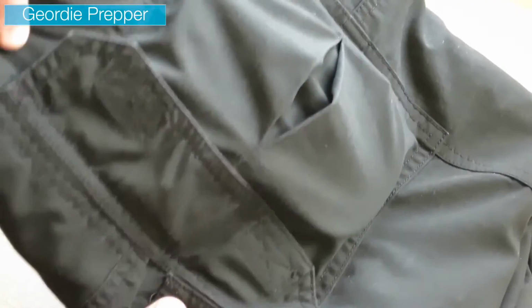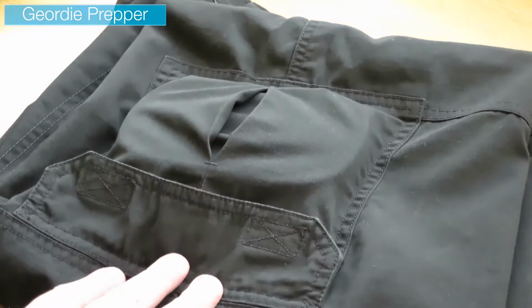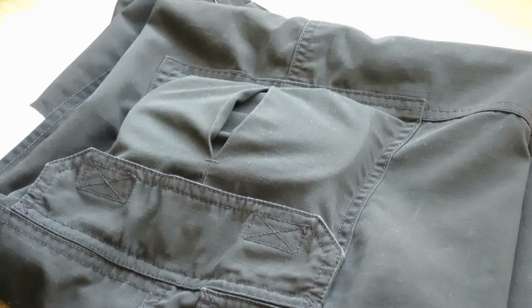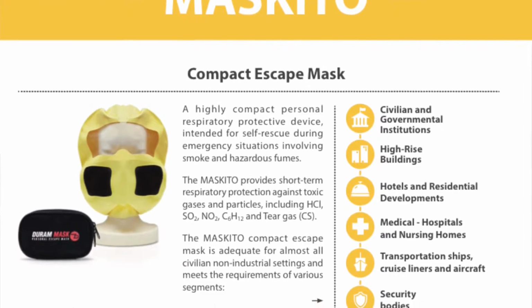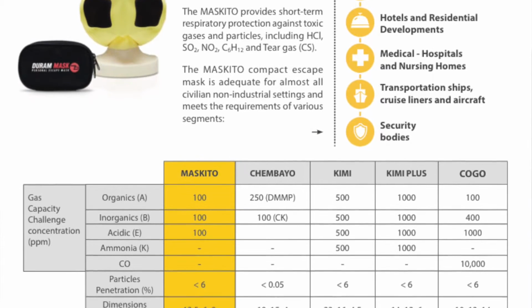So what I've got here, just to show you what it fits in, is some 5.11 tactical pants. This is the leg pocket. What I want to show you is a system available through a company called Emergency Protection Limited. Their masks, and the one I've got in here is called the Maskito, are for civilian and governmental institutions, high-rise buildings, hotels and residential developments, medical, hospitals and nursing homes, transportation, ships, cruise liners and aircraft, and security